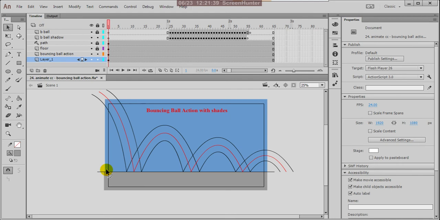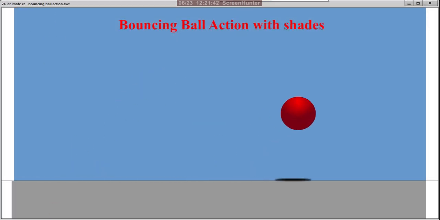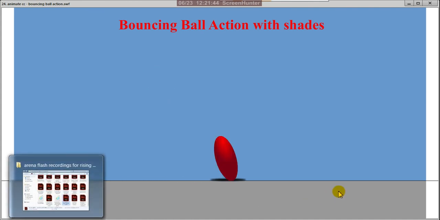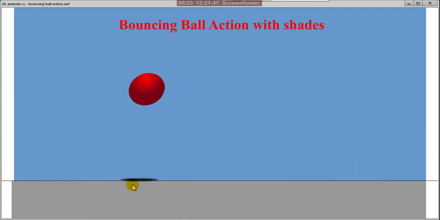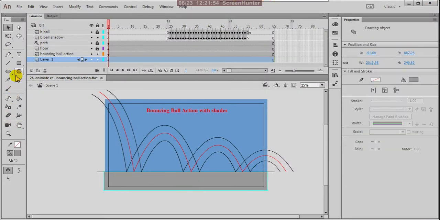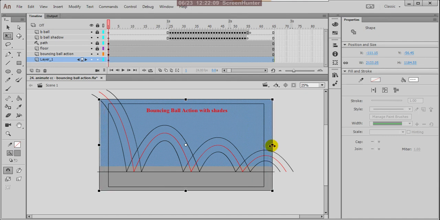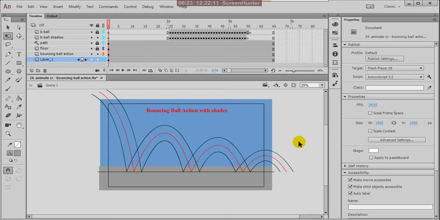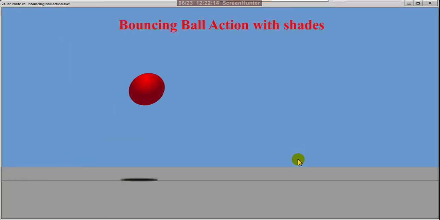Okay, now you can check, Control Enter. Yeah, I want to extend both sides, the floor. Yes, you can extend these lines here. Okay, and this and this can extend more, because the side portions are coming into the area.